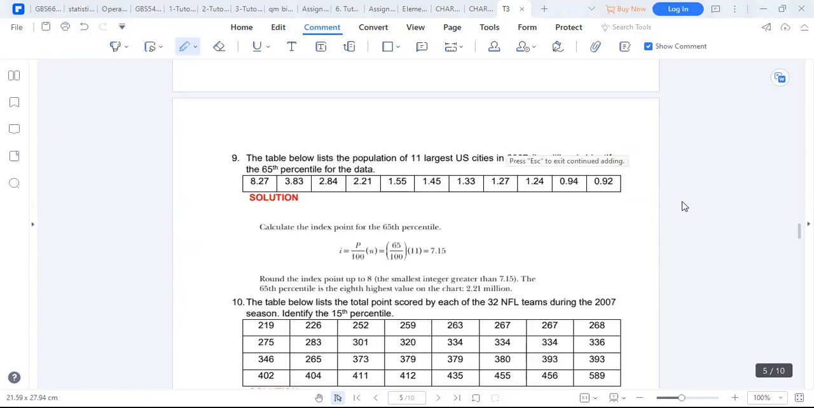But given a data set of 11 US cities in 2007, identify the 65th percentile. So the first thing, you rearrange the data. So to calculate the 65th percentile, 0.65 times, how many are there? 11. We get 7.15. You round up. So this is like the 8th number. After rearranging this, the 8th number will be